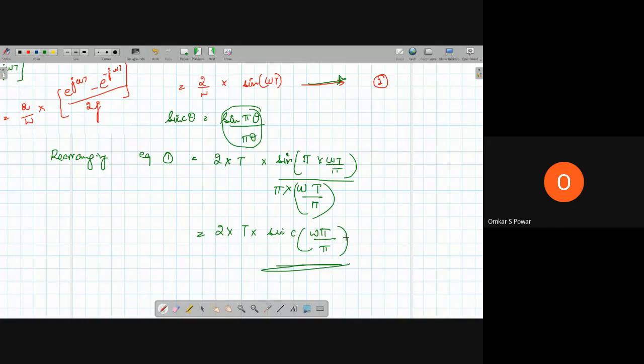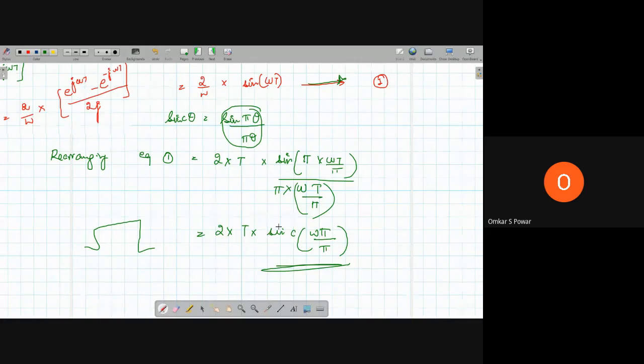Okay. So this is your sinc function and this is your Fourier transform of your pulse. So now we want to get the magnitude spectra and the phase spectra. Phase spectra you can directly see and say, is there any j term? No. So your phase spectra is 0. You have only the magnitude spectra. In order to plot that, you should know what this sinc function is.